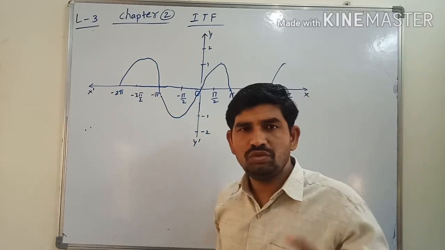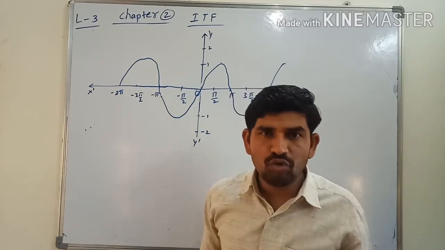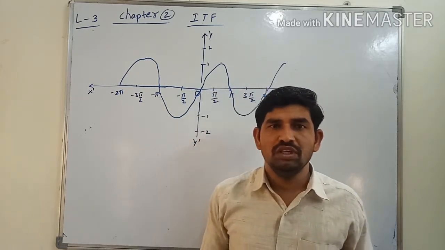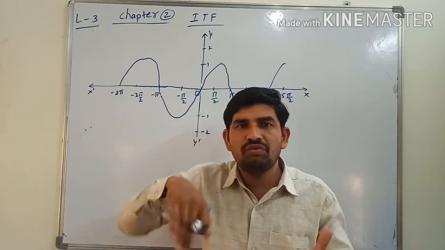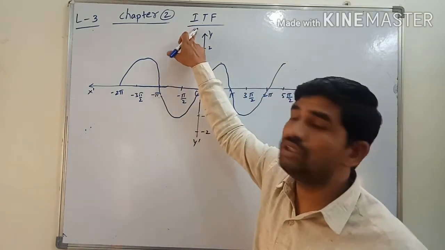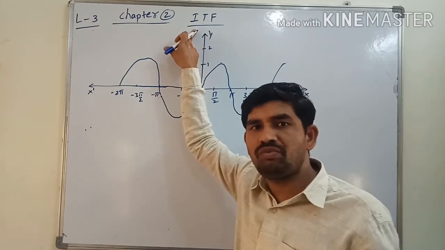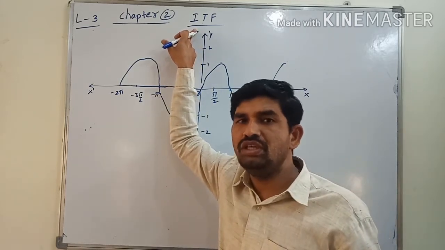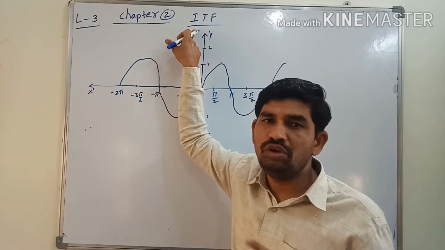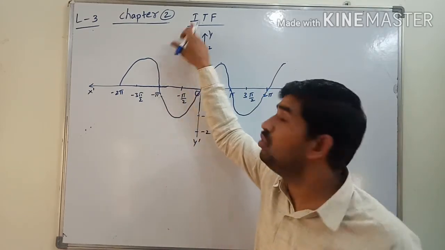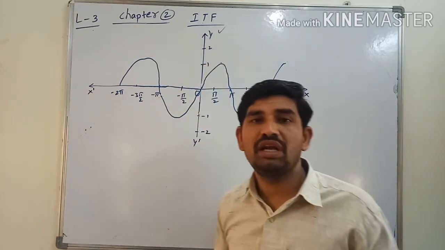What is a one-one function, what is an onto function, what is a bijective function, and what is the inverse function? All of these are required to define the inverse trigonometric function. If you don't know what a one-one function or an onto function is, just watch lecture number 2, and you can understand it there. In this class I am going to continue with the inverse trigonometric function.